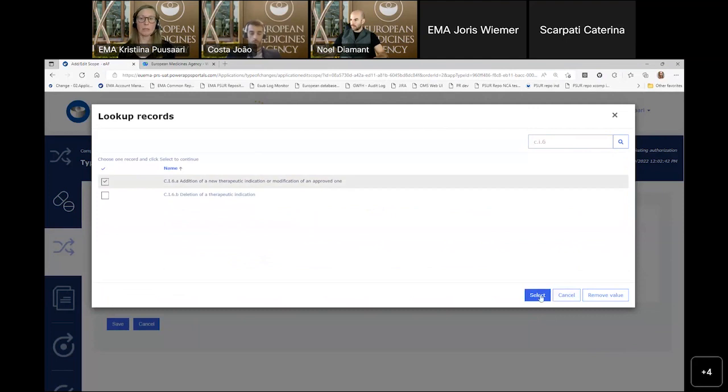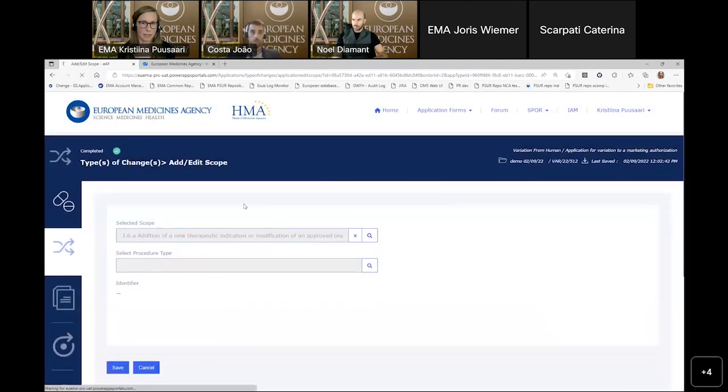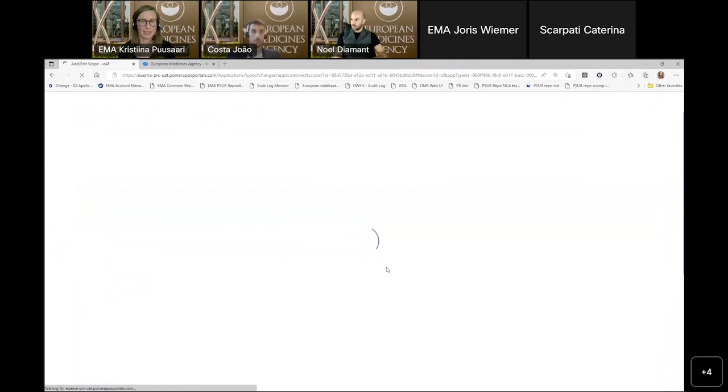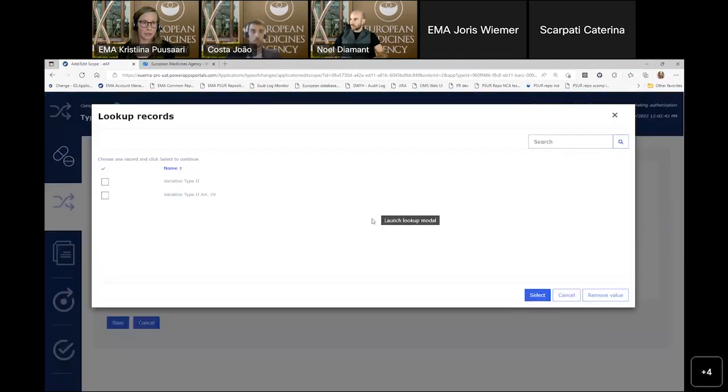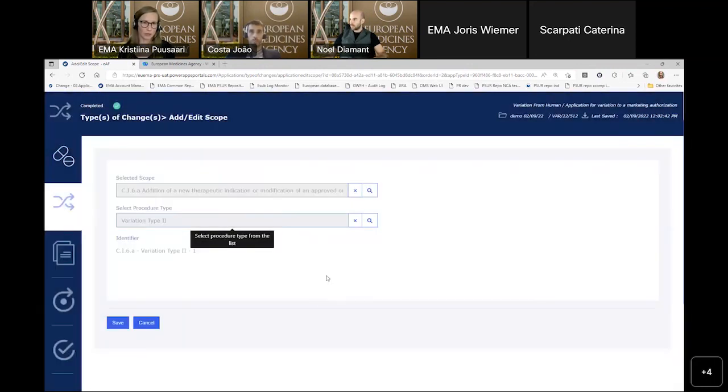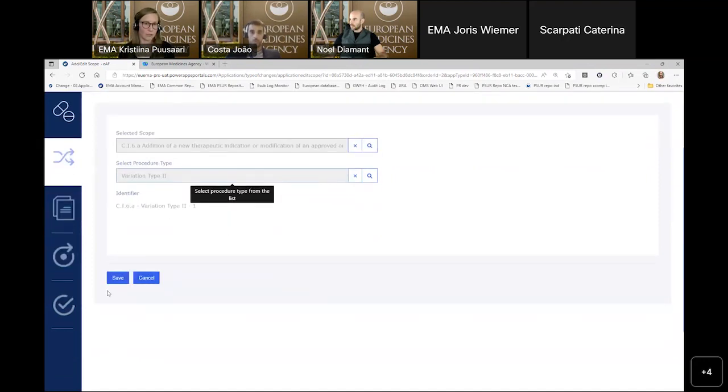This is much faster than drilling down the 6 layers of variation classification, and we felt that you would always know what variation you're going to apply for, so it's not necessary to see all of them, and of course you can always refer back to the variation classification if needed.